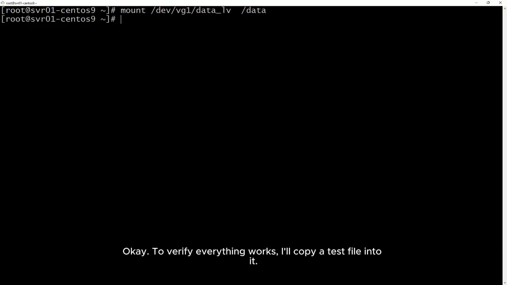Okay. To verify everything works, I'll copy a test file into it.